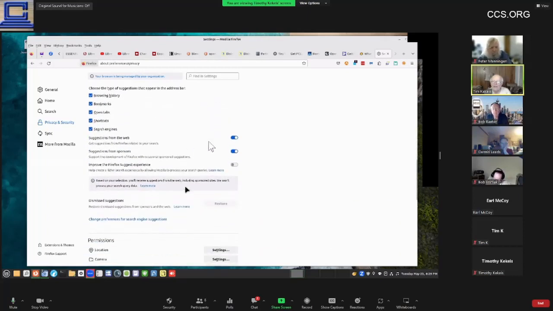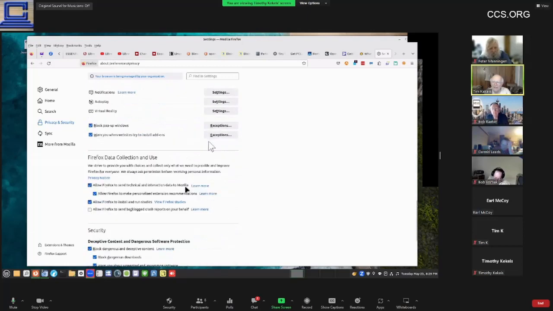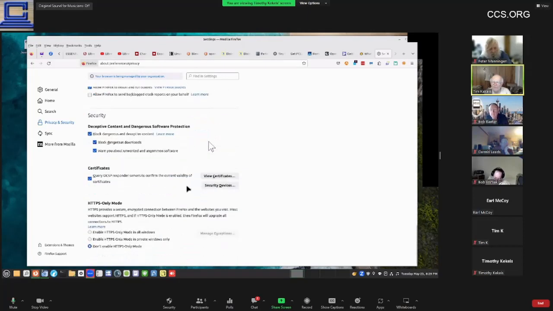So then I come down again towards the bottom. Again, I left this as is. This is the way it normally would show. Do not enable HTTPS-only mode. That's a mistake. If you type in an HTTP-only address, which Google won't let you do,